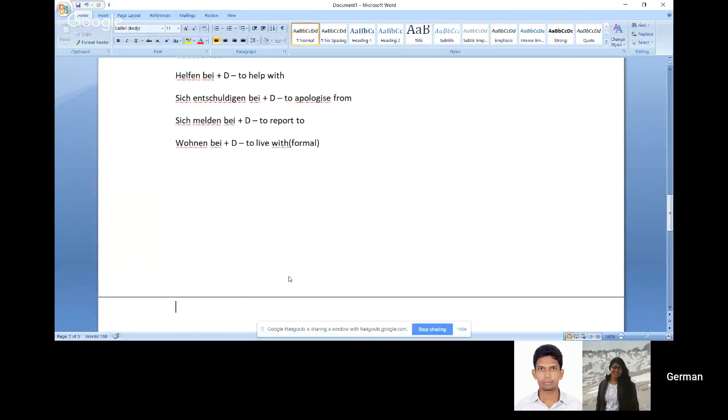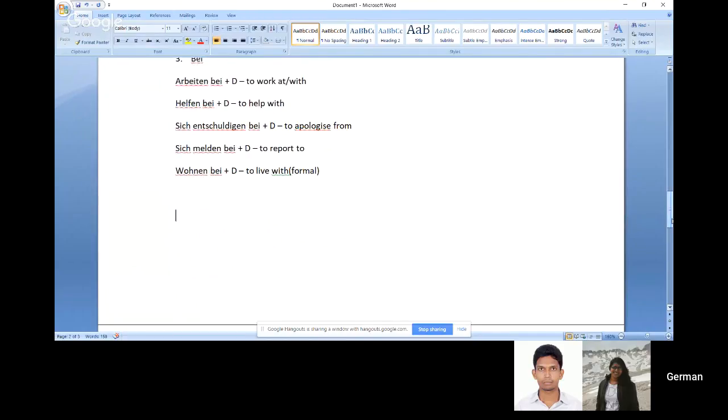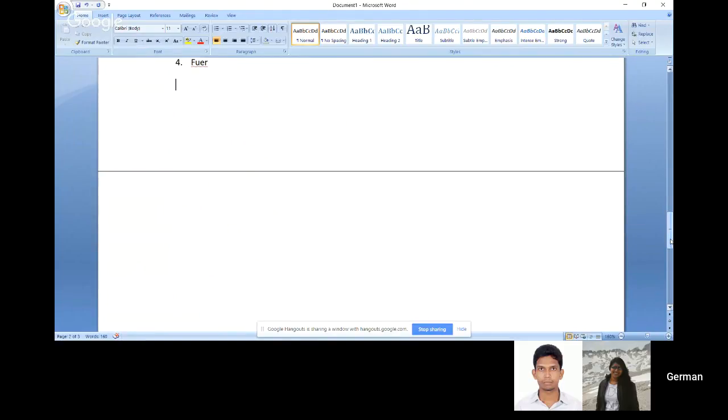Okay, next, moving forward, you've got a hold over their meanings and how to use them. So let's just note all of them quickly. Für is the next preposition. Can you tell me, is für an accusative preposition or a dative preposition? Accusative. Yeah, richtig. Okay, so verbs associated with für are arbeiten für